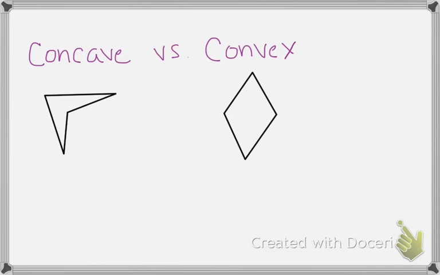Something that is concave versus convex. You can kind of think about it as a concave figure caves in on itself. Okay, and then another non-mathematical way to think about it is if you took that figure and you asked yourself,